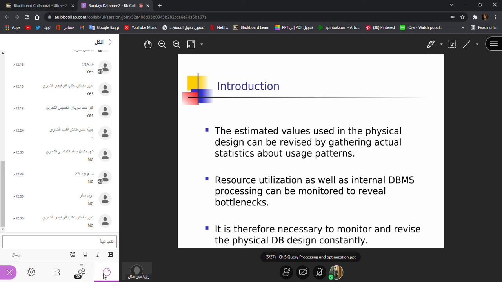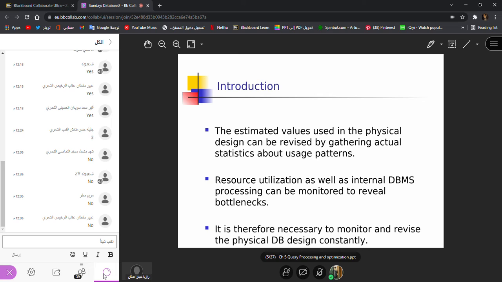So this is what I have said: when you are planning the physical design of your database, you can only estimate, you can only guess, that this resource will be required for processing this kind of data.